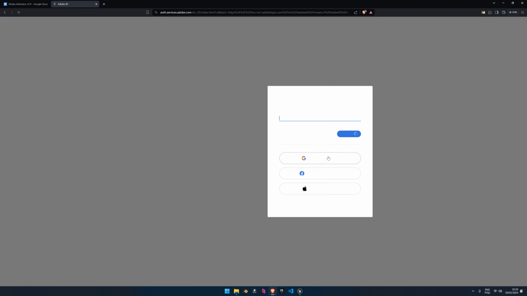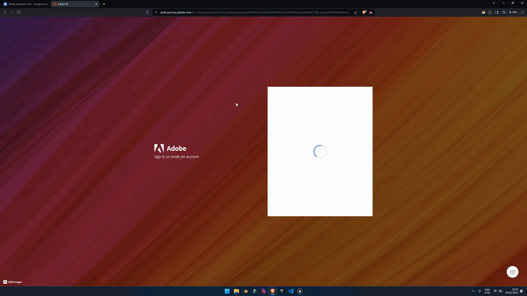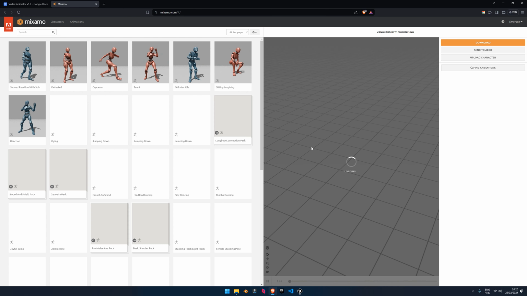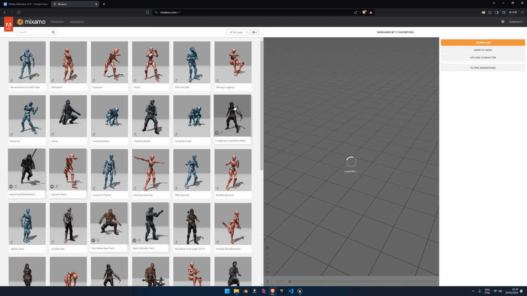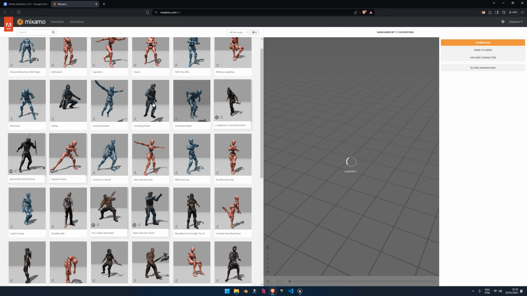Just log in here. The animation can also be thrown inside the engine if you want to do retargeting from an asset package to this skeleton. That's also doable. So in this case, let's